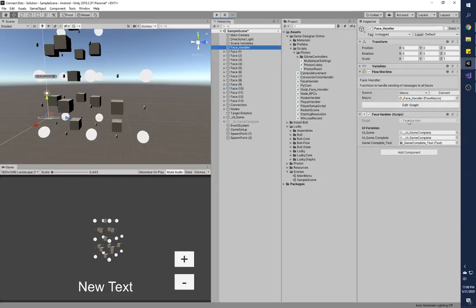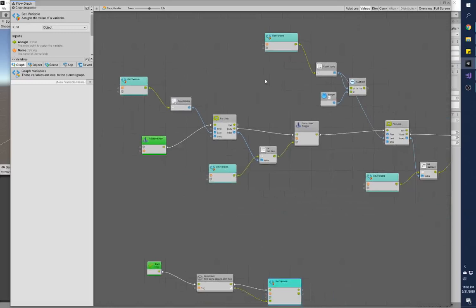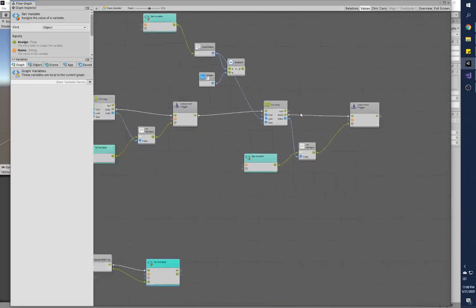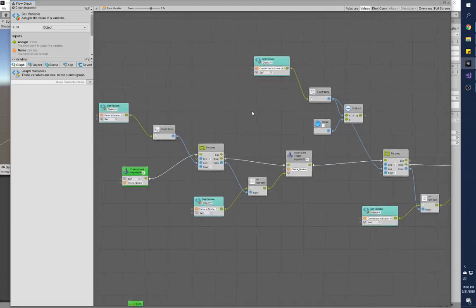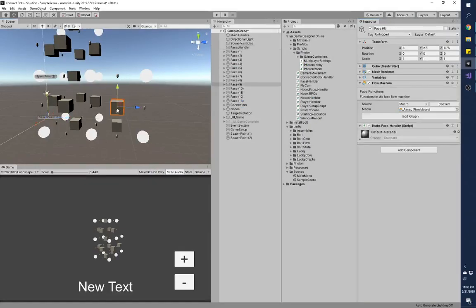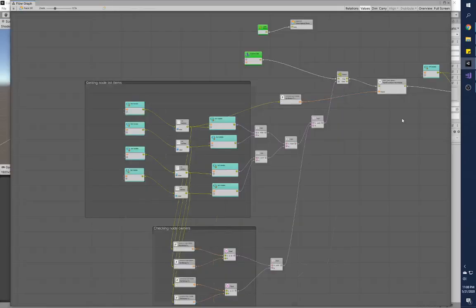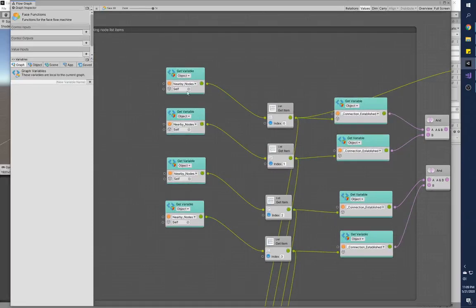We're going to take a look at the face handler, which is basically being called every single time a node enters the isLock state for all characters. It runs both on the local player as well as the foreign player. Once this is done, the connectors and the node functions will be called, as well as the face functions. If I go over to the face script, you'll see here that this is actually checking the nearby